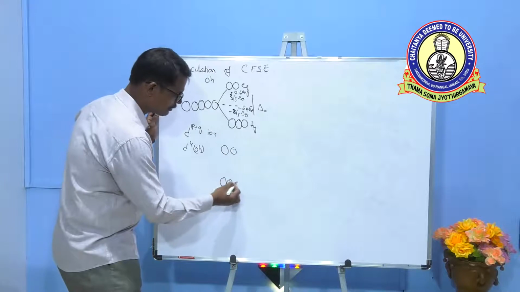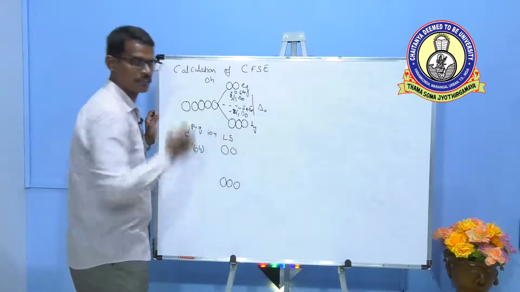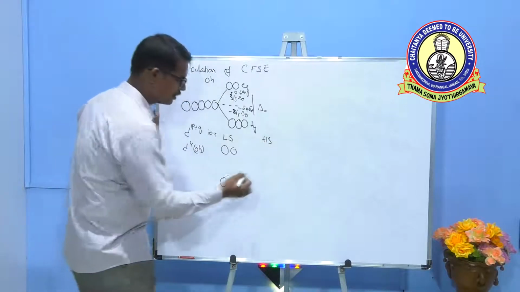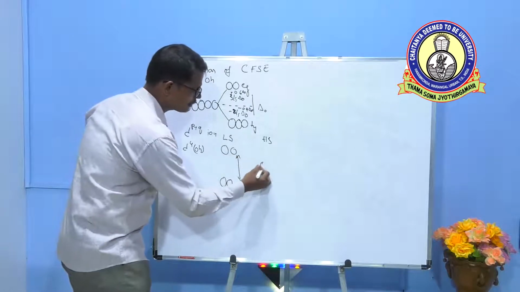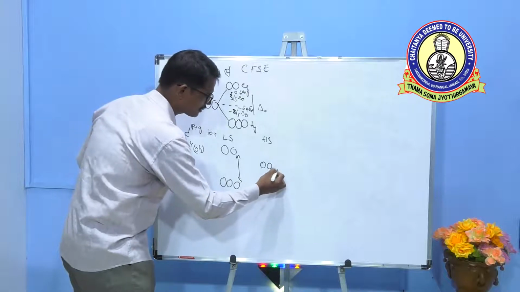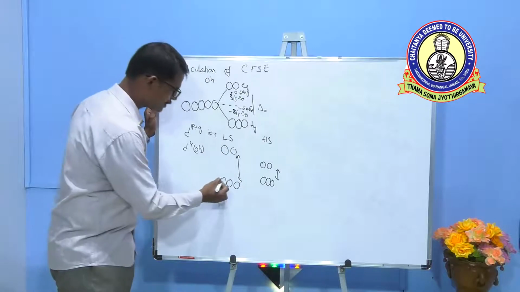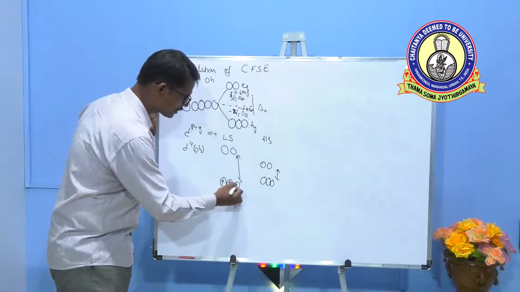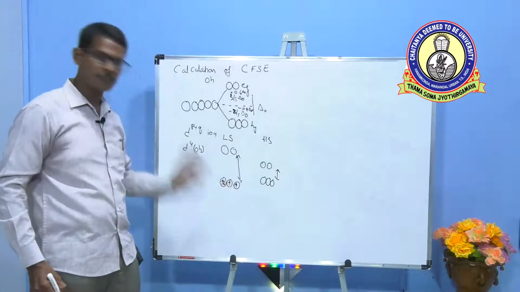see, two things may happen. One is it may form a low spin complex, or it may form a high spin complex. In a low spin complex, the splitting energy is more. In high spin complex, splitting energy is less. So this we can discuss in later classes. Here in low spin complex, electrons are paired in the lower energy orbital. 4 electrons means the electrons are paired in lower energy orbital: 1, 2, 3, the fourth one is paired.